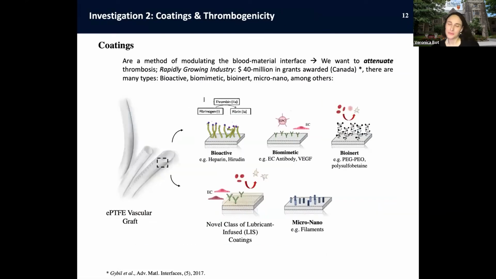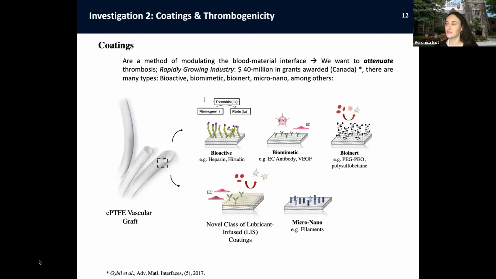Important to mention, thrombosis of vascular prosthesis is a significant issue. We saw this. It undermines device function, also introduces complications for the patient. So not surprisingly, scientists have worked very diligently to find approaches to overcome this issue. And one such approach is the use of coatings. Development of antithrombogenic coatings is a very active area of research. There are many labs at McMaster that study this, my lab included with Dr. Tauhid Didar.